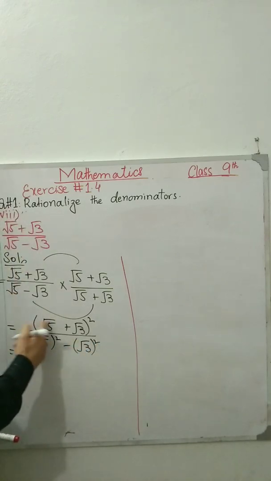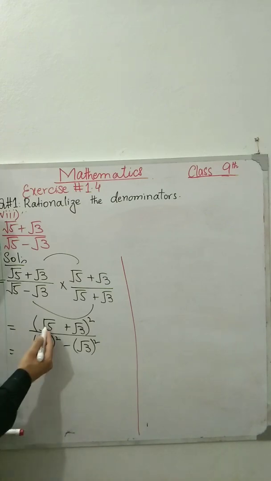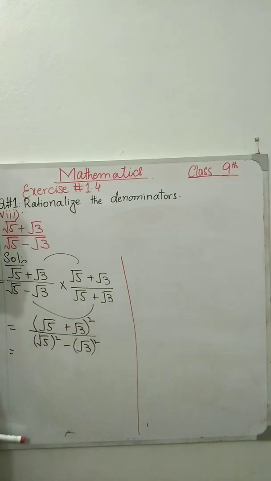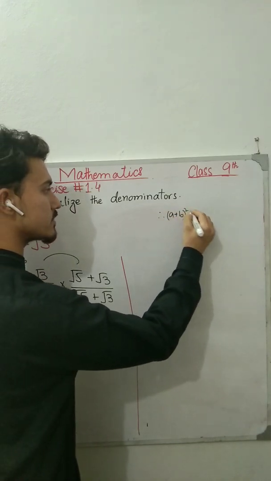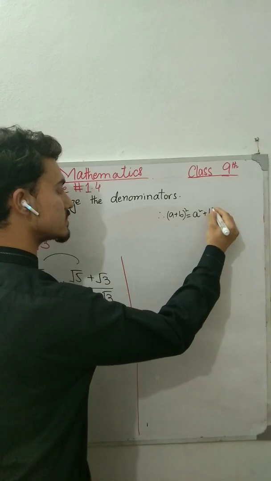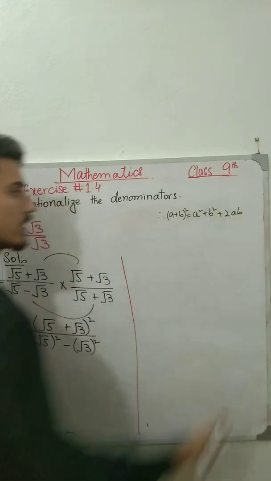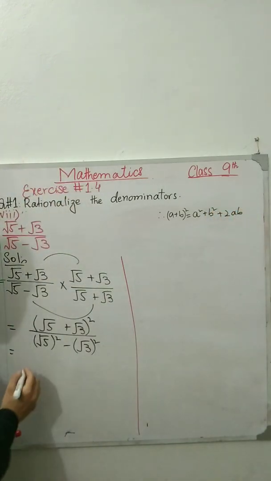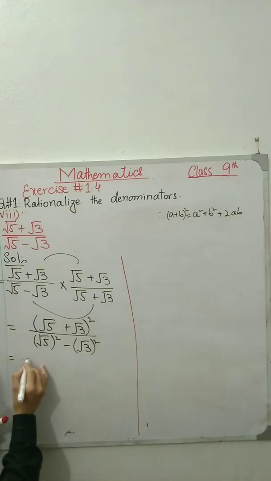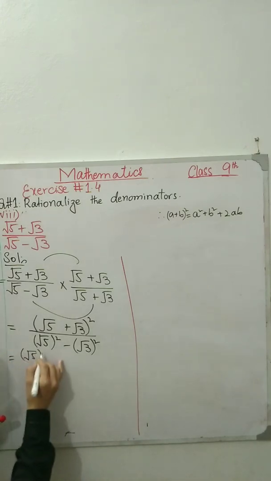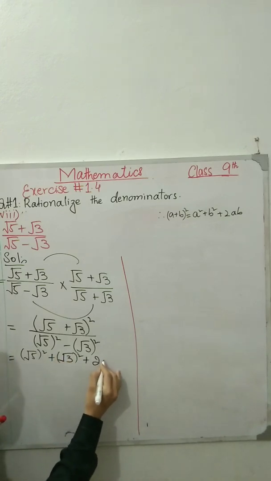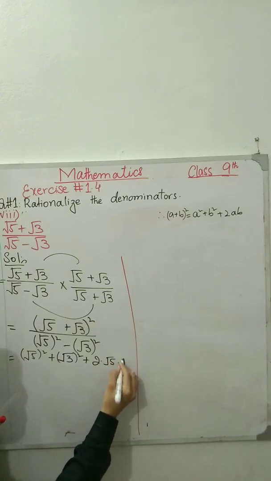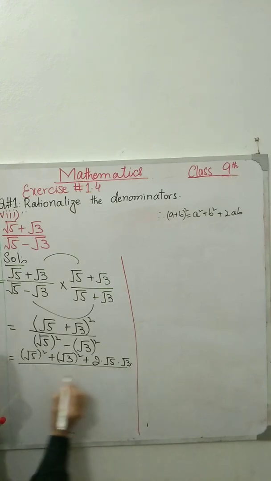Now in the numerator, the mathematical formula: a plus b whole square is equal to what? I'm going to write the formula here. a plus b whole square is equal to a square plus b square plus 2ab. Let's open that formula here. I have a square plus b square plus 2 into a into b, which means 3, and in the denominator we have